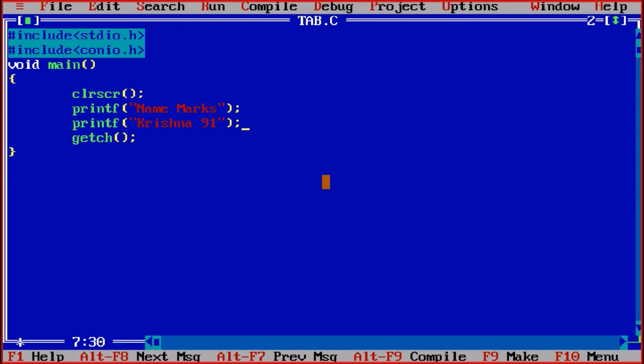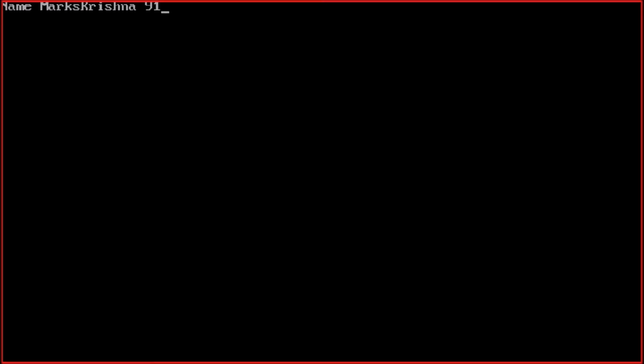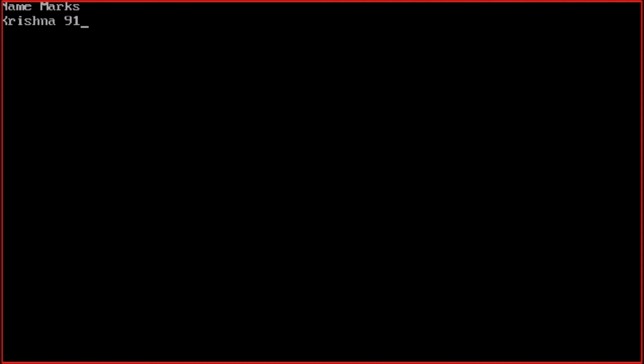You see the output one by one. Control F9, Krishna 91 is coming, but there is a problem. I want this Krishna 91 on the next line, so I use \n, the new line character. Control F9, it is coming on a new line.